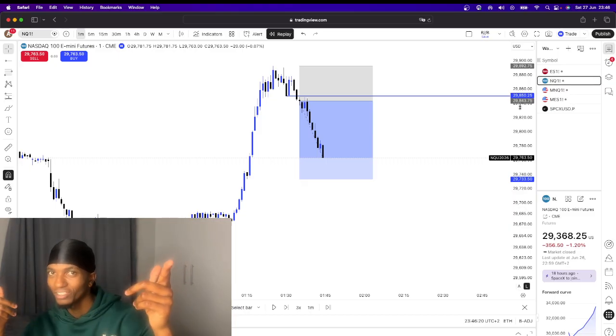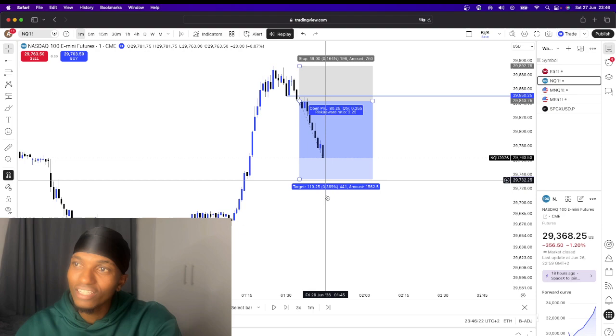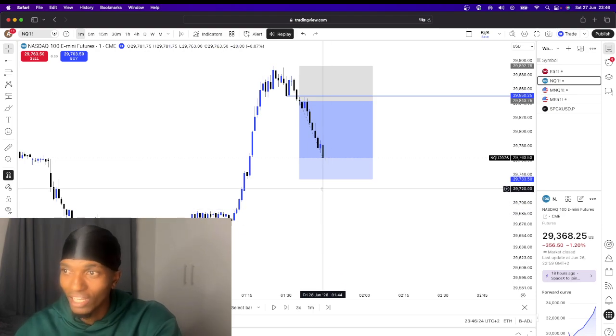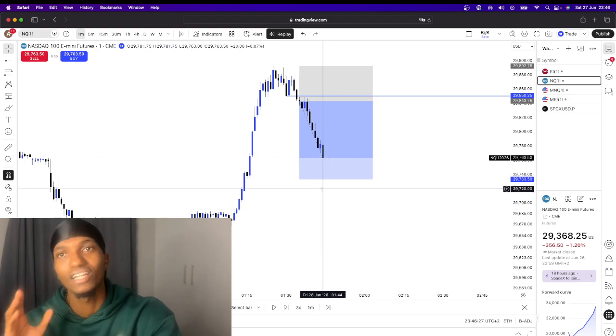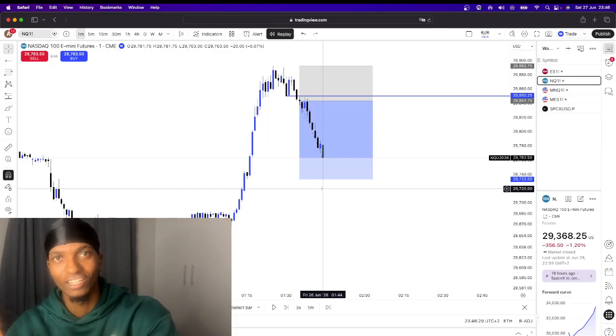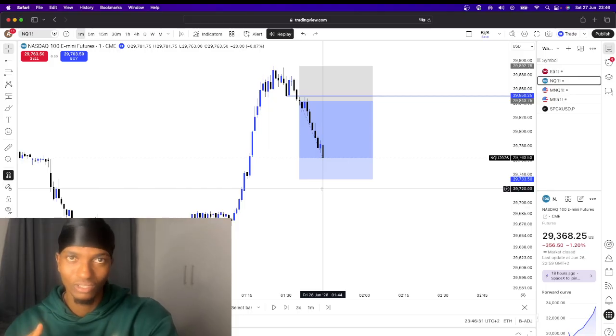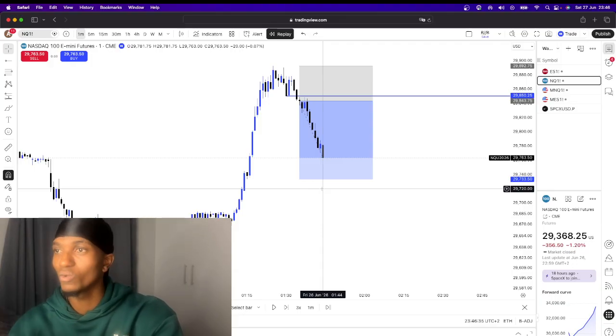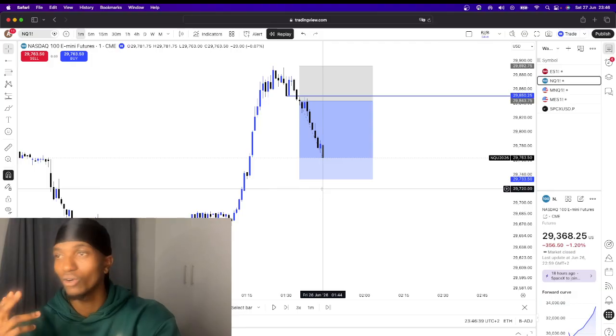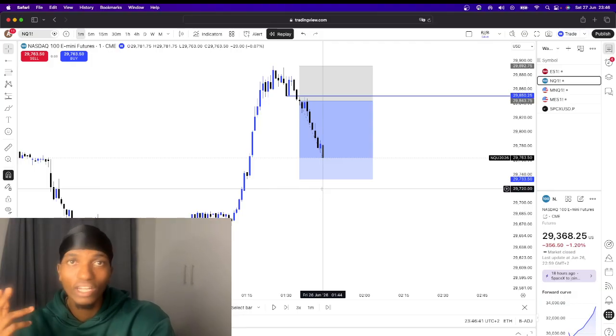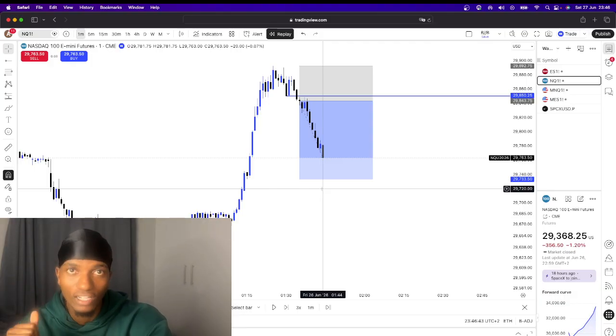See what I'm talking about? So on ES our take profit has been hit. On Nasdaq, not yet. Why? Because Nasdaq is lagging, ES is leading downwards, right? So we use an SMT divergence to know which index to take the trades on. In this case, we're going to take the trades on ES so that we can hit our take profit fast,